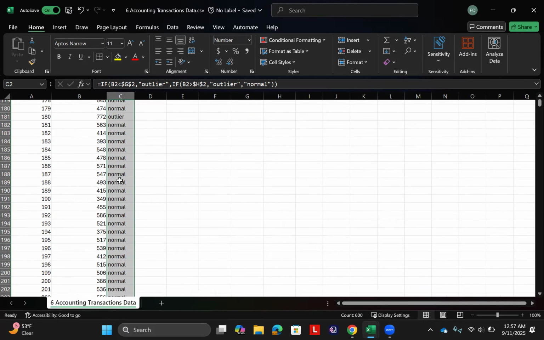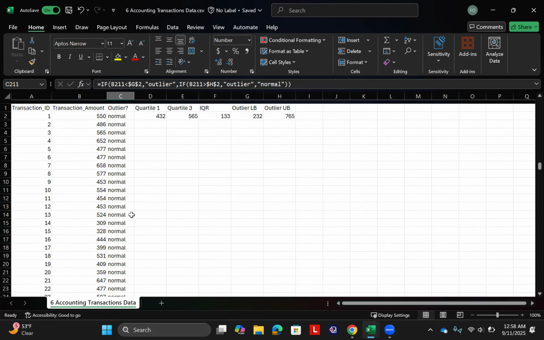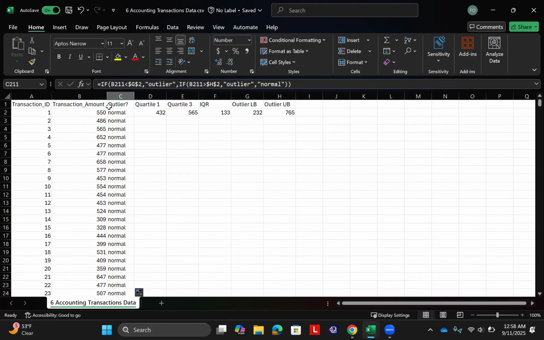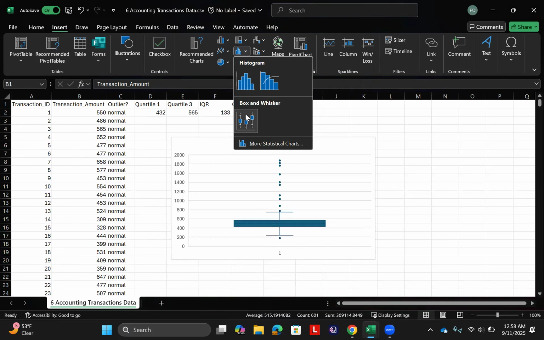Let's see whether we can see any outlier. For example, this data point right here is the outlier. This one is right here, outlier, and so on. But also, if I want to visualize this, what I can do is click on this letter B, column B, and under the Insert tab, you should be able to see right here insert statistics chart,